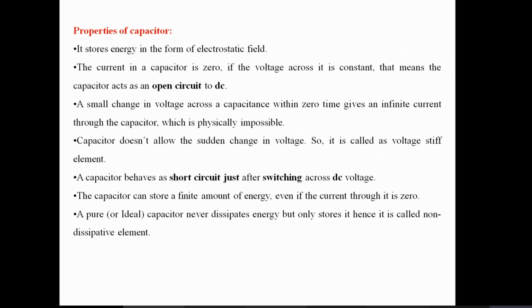All right. Now let us look at the properties of a capacitor. It stores energy in the form of electrostatic field, as I mentioned earlier. The current in the capacitor is zero if the voltage across it is constant. That means if you look at the expression earlier for current, I is equal to dq by dt